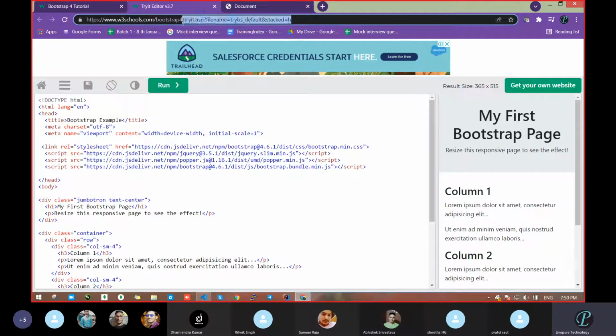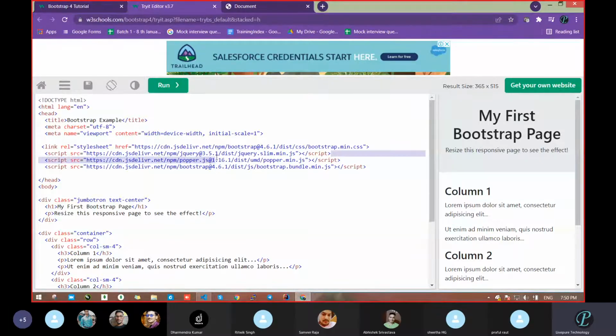When you work on .NET, you will create files with the .asp extension. And one thing, this is not JavaScript, this is jQuery. See the complete name, jquery.slim.min.js. So this is jQuery.